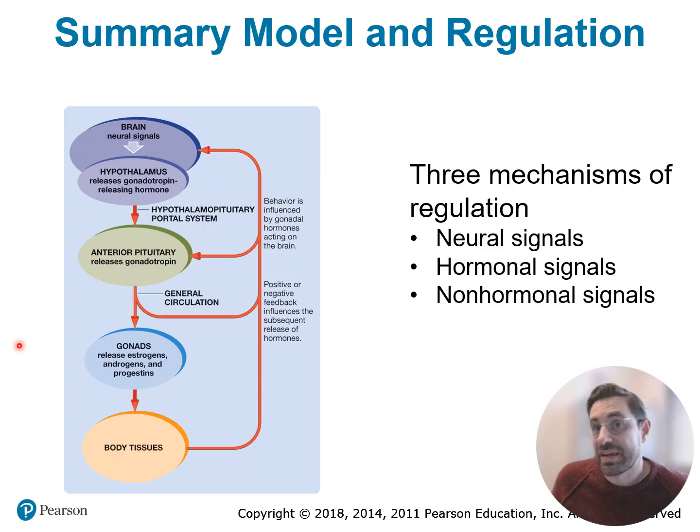This whole system is regulated throughout the process. So ultimately, we're going to have release of hormones, sex steroids, from our gonads, right? Releasing estrogens, androgens, progestins. Those are going to go out into our body and affect us. They're going to make some of us grow body hair and some of us not grow body hair. They're going to make some of us grow bigger breast tissue, right? That's regulated by the anterior pituitary, which runs into circulation. The anterior pituitary is regulated by the hypothalamus. The hypothalamus is regulated by the rest of the brain.